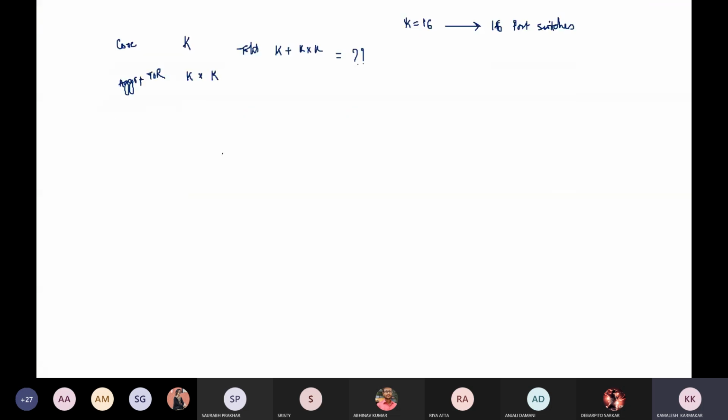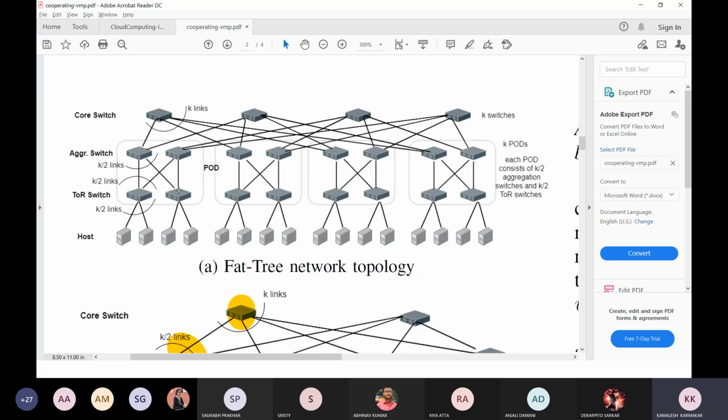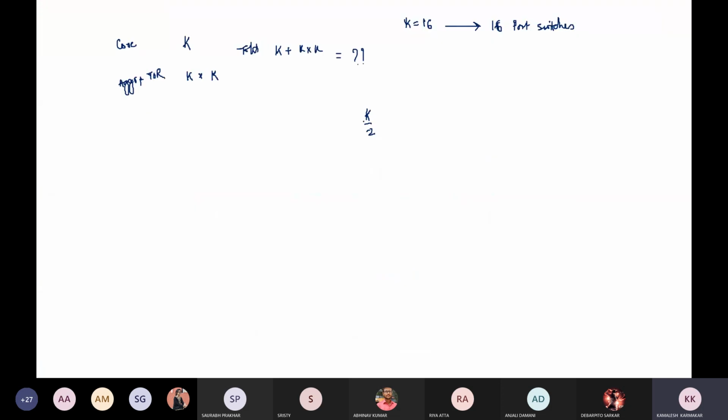So in one pod we have k by 2 TOR switches. Now, there are k number of pods.